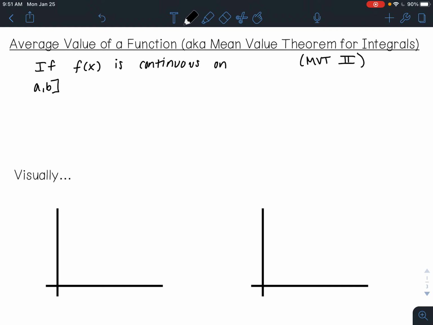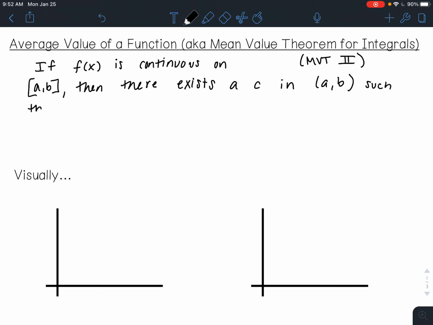Okay, let's try that again. Then there exists a c in the open interval from a to b. So we're not including the endpoints here. So there's an x value, a c value, in between the starting and stopping points a and b,